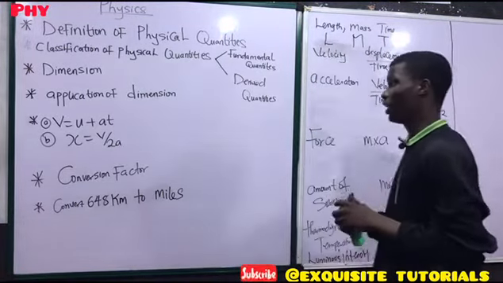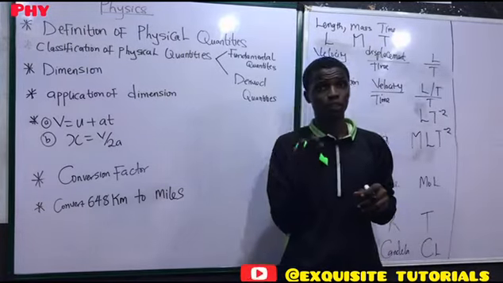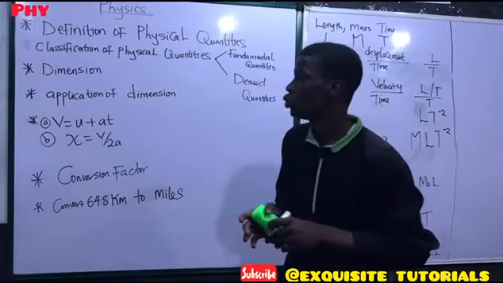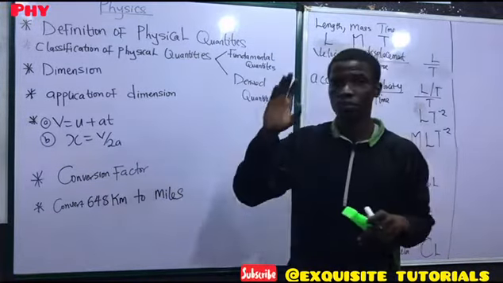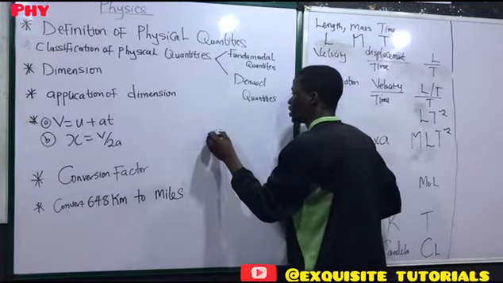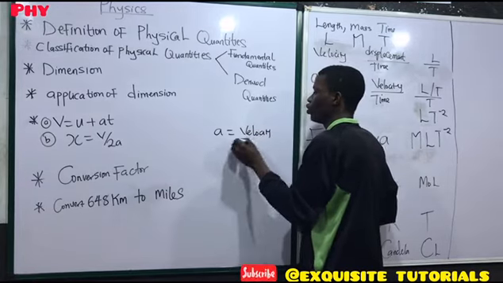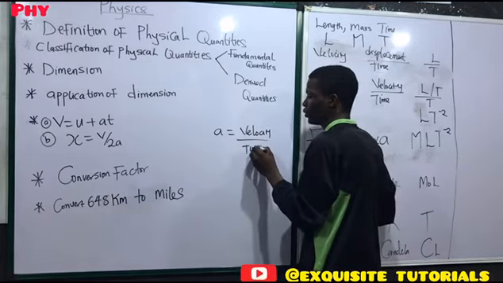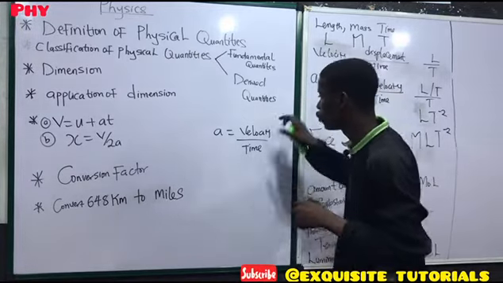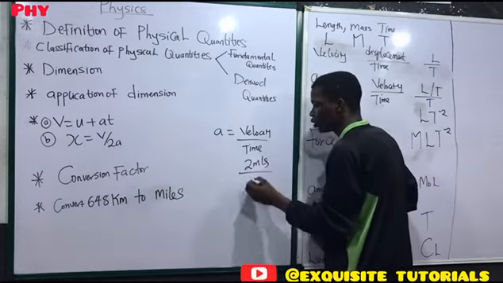What is the major use of the dimension? First of all, our dimension has two major uses. It tells us if a particular formula has already been derived from the standard base. So it can tell you if a formula is derived. Before you can solve a question, assuming we know that acceleration is equal to the velocity over the time,